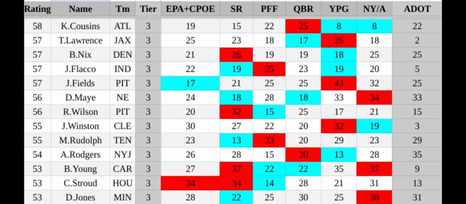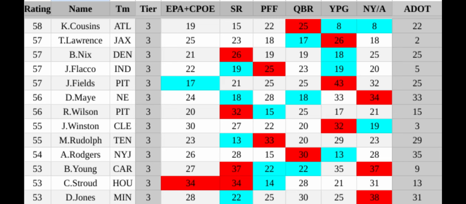Drake Maye, honestly, I'm pretty pumped if I'm a Patriots fan with the year he produced. Yeah, he wasn't lighting the world on fire like Jayden Daniels was. You want to talk about a great rookie, we're going to get into him later, but Maye did a fair amount with what he was given.